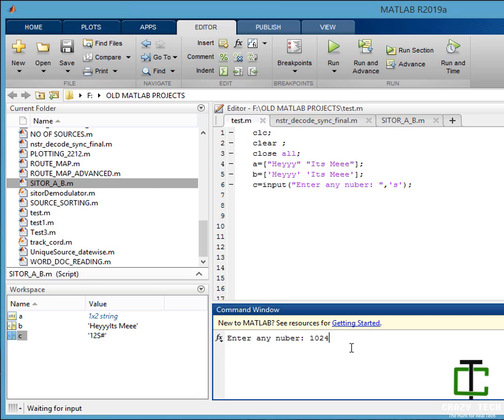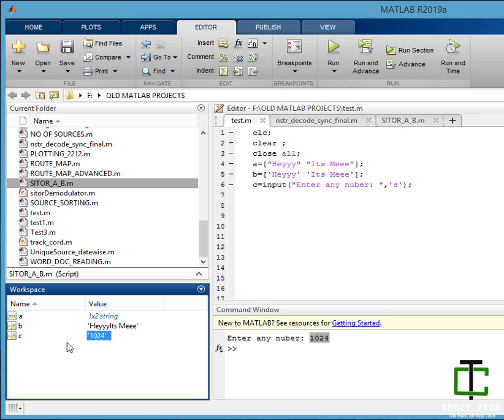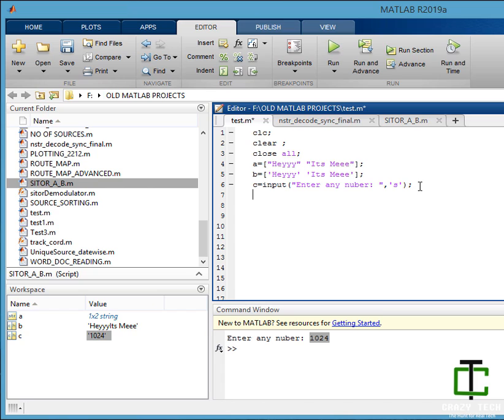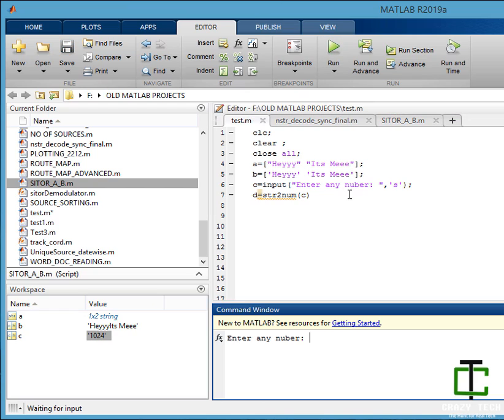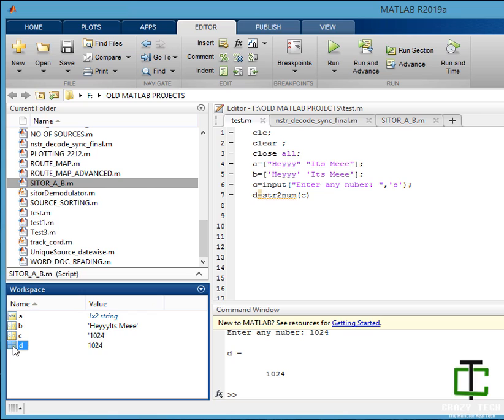C is 1024, but it's an array of characters, so I want to convert it back to an integer. As I discussed in the previous video, there is a function called str2num. In this manner, waiting for a number, enter any number, let's say 1024. So D is 1024, and D is an integer.